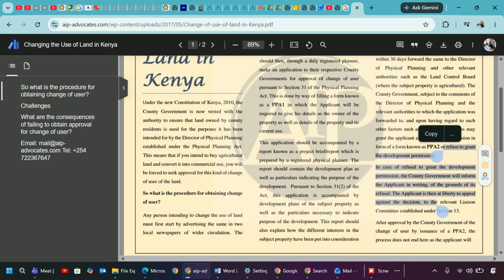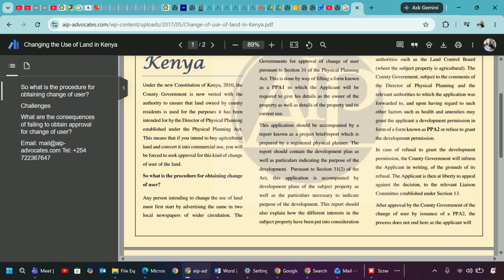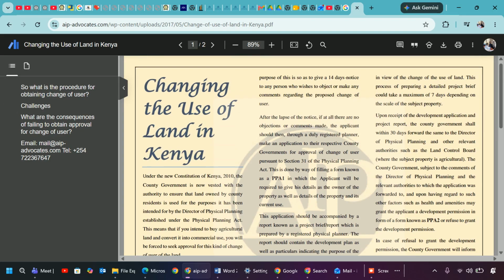And the report usually contains a development plan, and the particulars of the development plan indicate the purposes of the development. And it is this application that is accompanied by development plans of the subject property that indicate the purpose of the development. So up to that point, PPA1 and its project brief and report plus the development plan marks the starting point. Then we gave